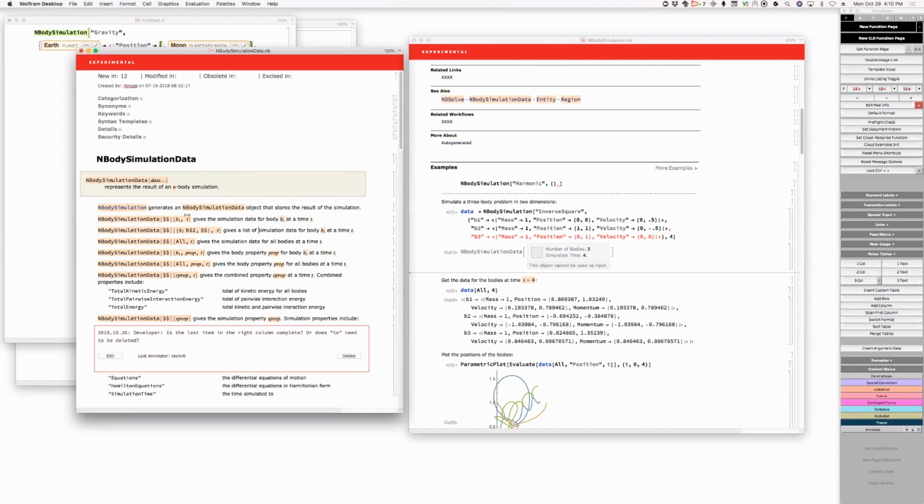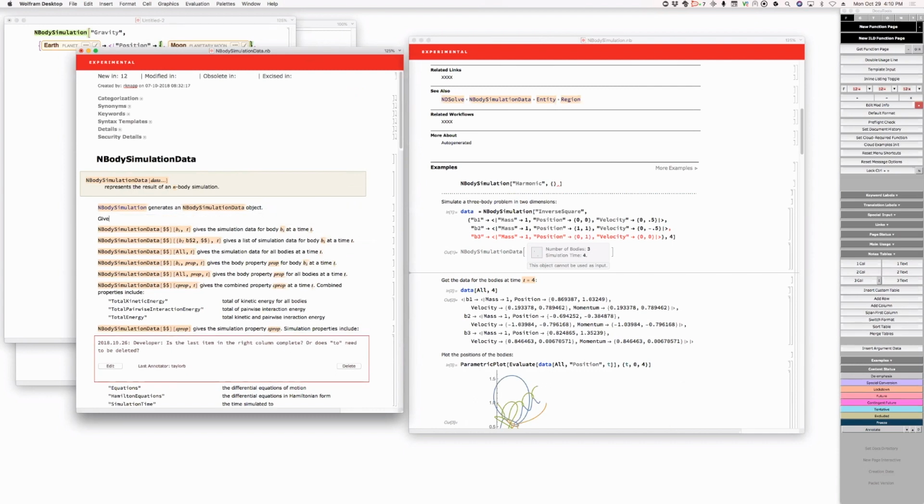Okay. So what you're saying is, okay. All right. Represents the result of an n-body simulation. Of an n-body simulation. Okay. Generates an n-body simulation object. Okay. Given,